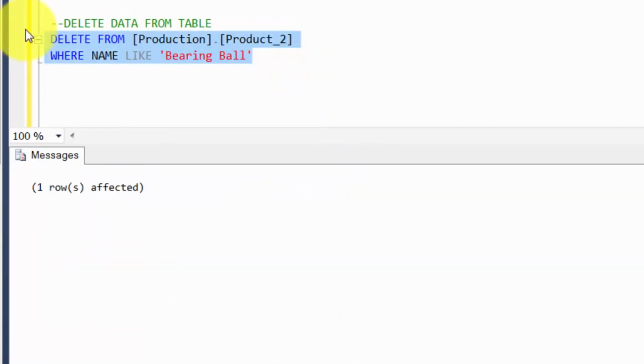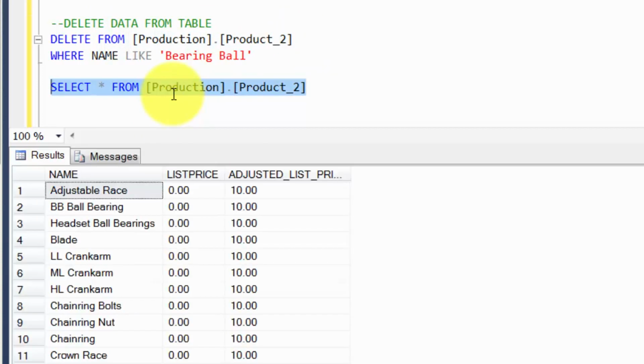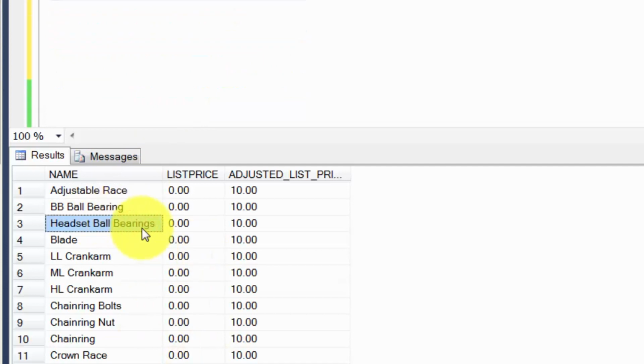It says one row affected, which means there was at least one row which matched this criteria. Now if I run a select star from this table, you will not find that bearing ball row. See? Since we didn't use a partial match, there are some rows which have at least that word ball bearings, but it will not get deleted. But you get the idea.